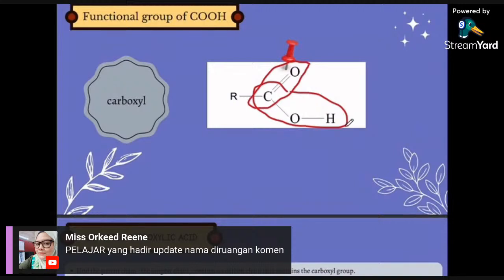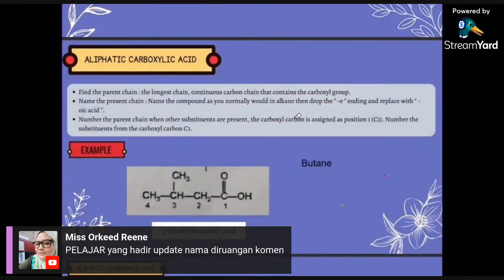At the front, the carbon can attach with an R group. It can be either straight chain, branched, or cyclic. Next, we move on to give a name for carboxylic acid structures. First, we have aliphatic carboxylic acid. There are three things that you should know before naming the aliphatic carboxylic acid. Number one, you must find the parent chain, which is the longest continuous carbon chain that contains the carboxyl